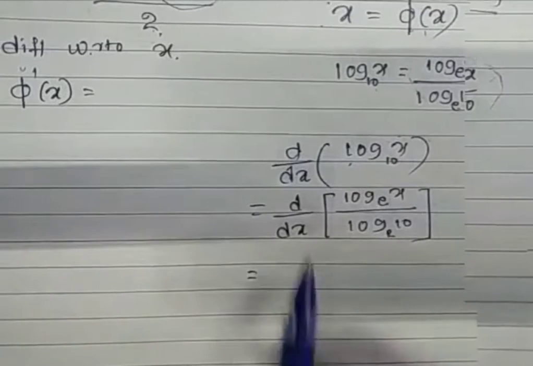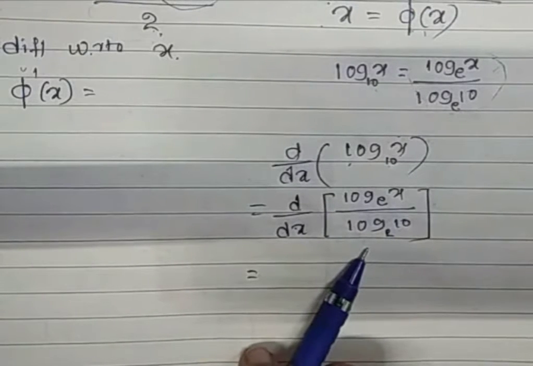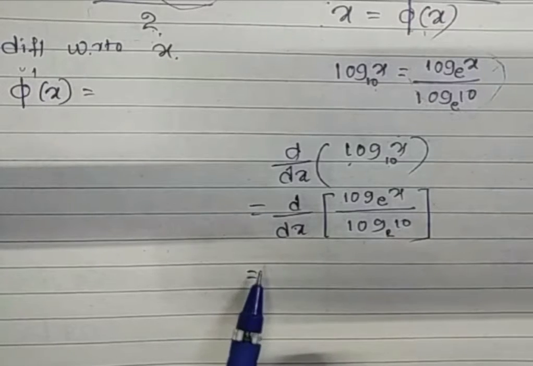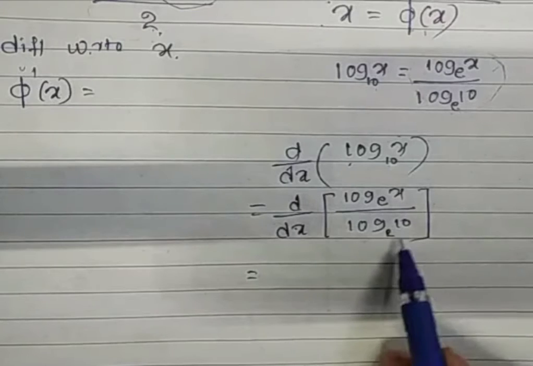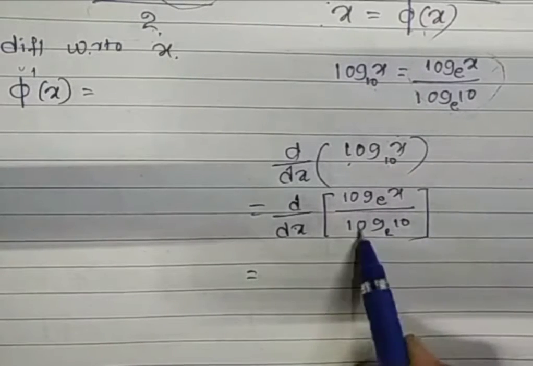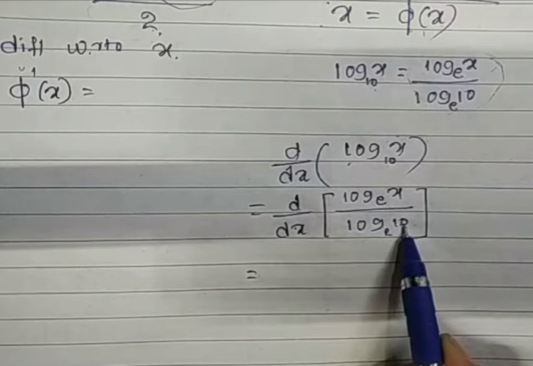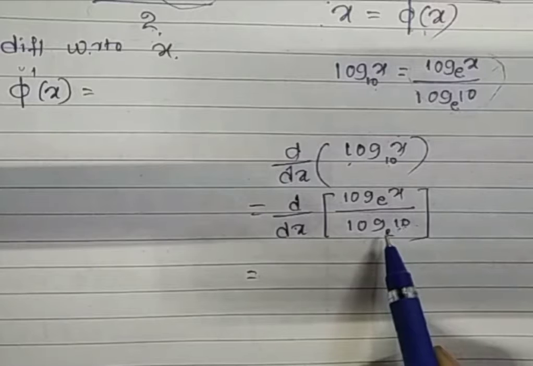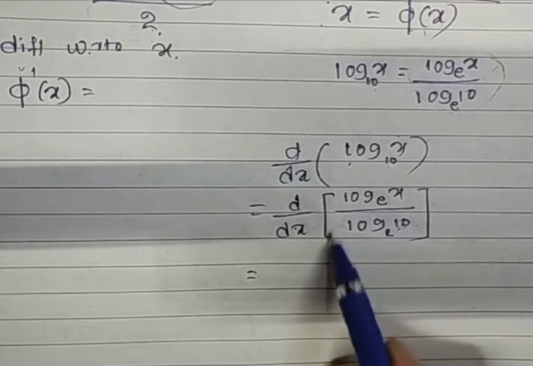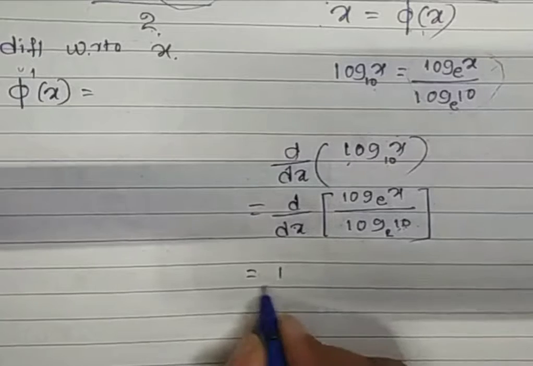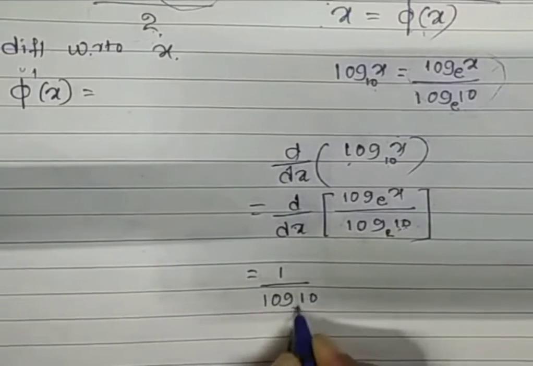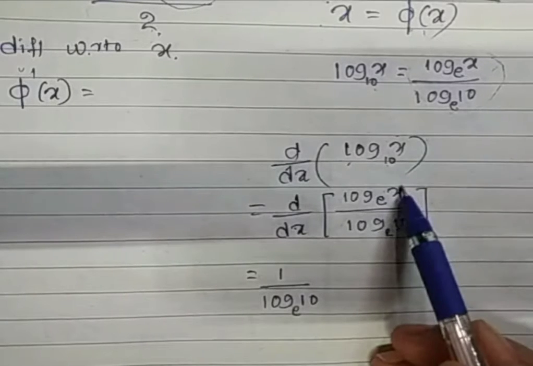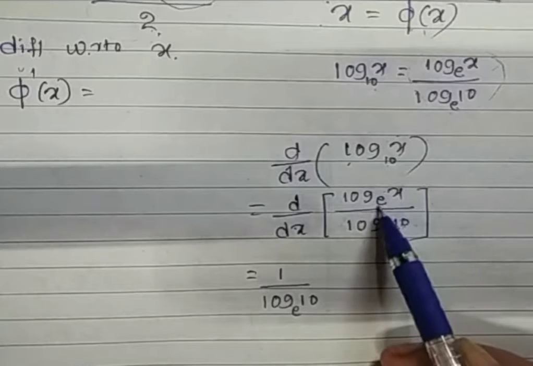Whenever we are solving derivatives, if any constant is multiplied with a function, then first we need to take that constant term outside the derivative. So here you can observe the denominator. Denominator is log 10, where 10 is a numerical number. So obviously log 10 gives us a constant value. So first take 1 divided by log 10 to the base e outside the derivative. Then what is remaining? In the numerator, only log x to the base e is remaining.